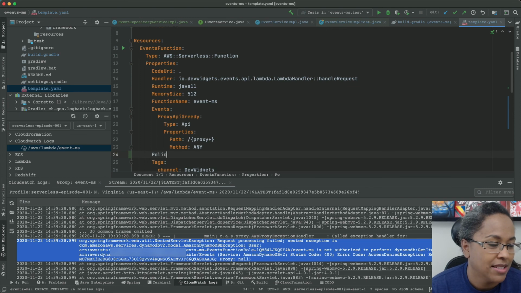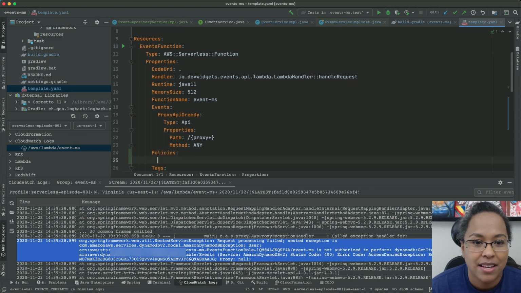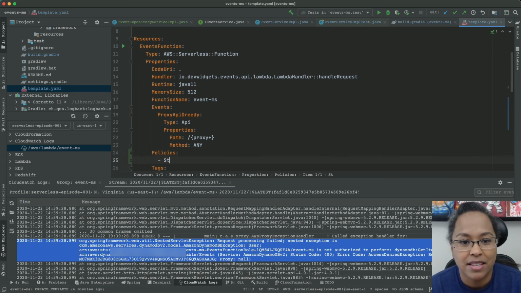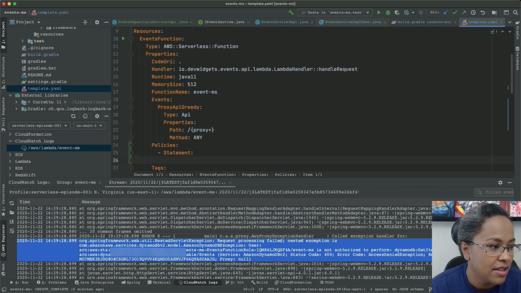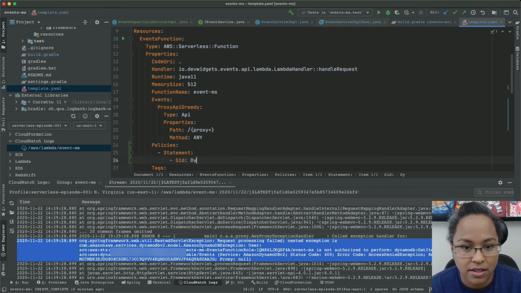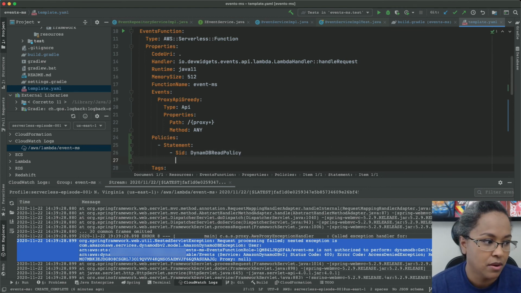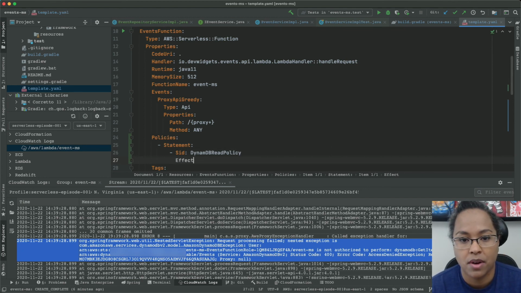So policies, statement is a list. So statement. And so what does our statement have? Let's give it an ID so we can remember or understand what it does and not have to look at the nitty gritty. So DynamoDB read policy. And so basically we want to allow,